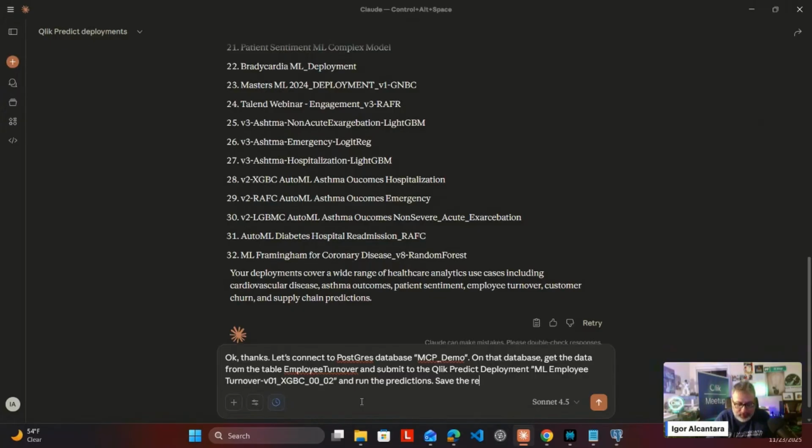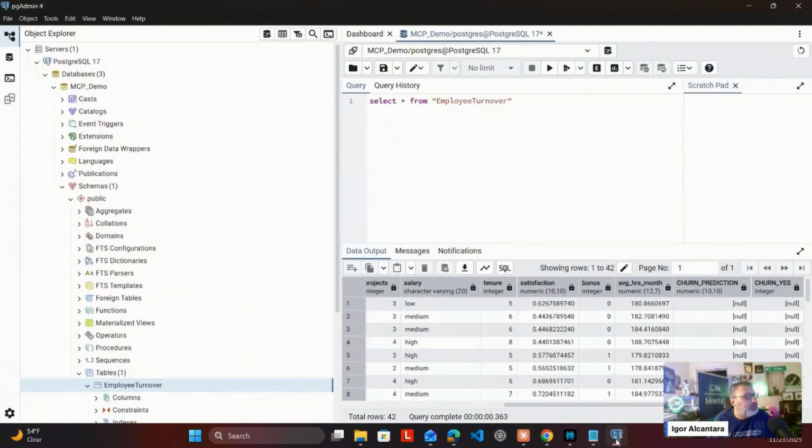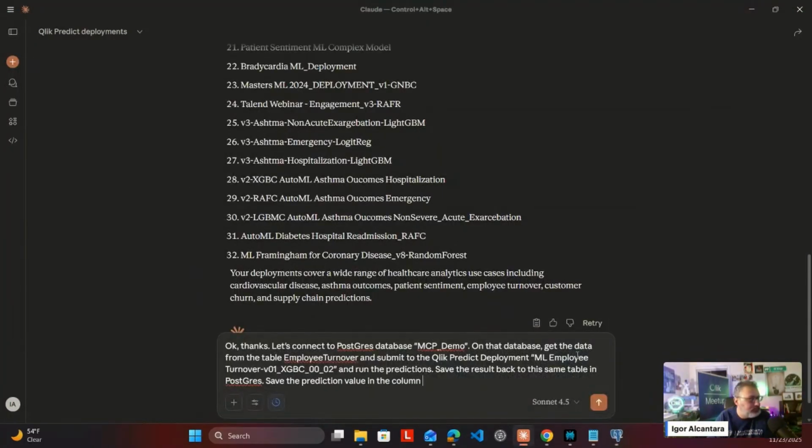Save the result back to this same table in Postgres. Save the prediction value in the column, and we can get the column names, which is churn prediction, churn prediction,